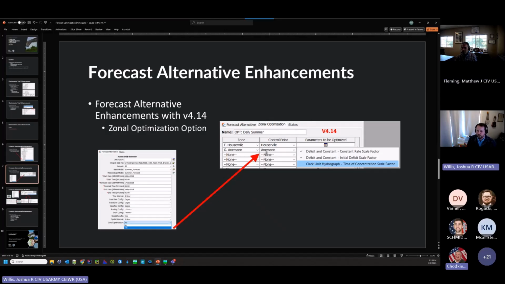where you specify your zone and a control point for each zone. And then in the third column here, you click it and it opens up all of the available scale factor options that you have for that specific zone and control point. So you can choose one or you can choose all of them if you want. And the thing that I think is cool about this that's going to save a lot of time is that once you save this